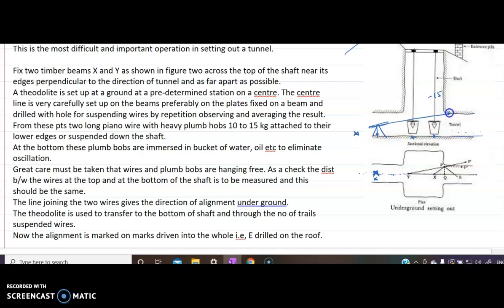So you will see a point on the ceiling which will be exactly touching this piano wire. So that point, once you get on the ceiling, from there you drop a weight.